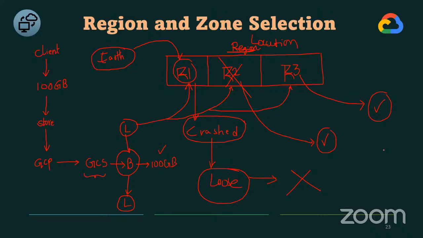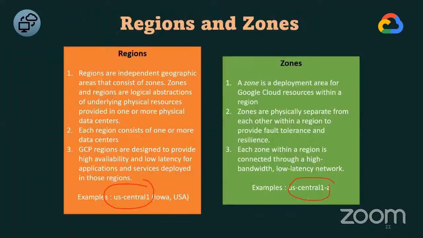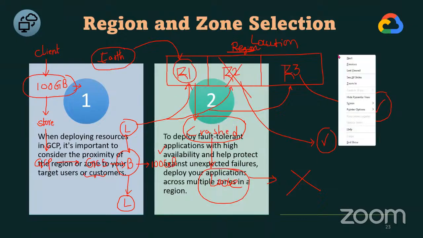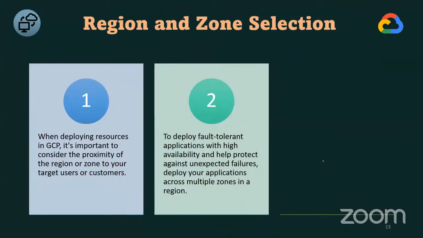So whenever you are deploying a resource, if you think that your data is very critical, try to select multiple regions. If your data is not critical, then go for a single region. That's not a problem. So this is our second point, you can see here. What is our second point? To deploy fault tolerant applications with high availability and help protect against the unexpected failures,